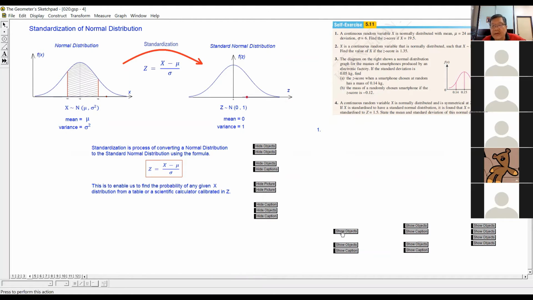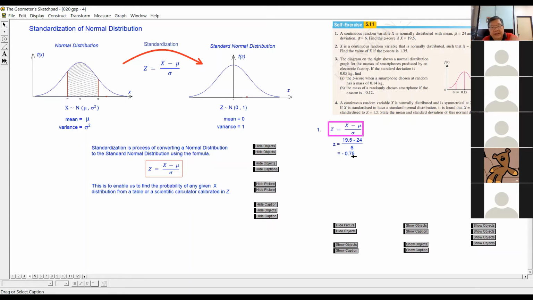So we are going to use the formula to find it. Z equal to x minus mu divided by sigma. This Z is called the Z score. What is the value of x? 19.5. Minus mu. What's the value of mu? Mu is 24, given here. Then sigma. Sigma is 6. So we substitute all the numbers into this formula and we get the answer negative